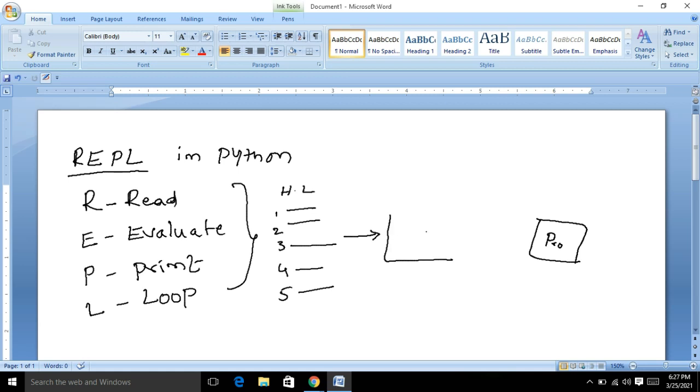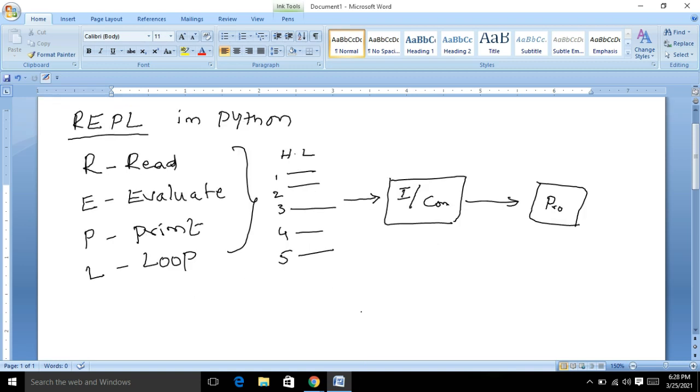So, there is a translator, which may be an interpreter or a compiler, which converts a high level language program into the machine language, which can be directly understood by the processor. Before conversion, I will explain how it will be converted. So REPL is a process in the translation of a high level language program into binary language.